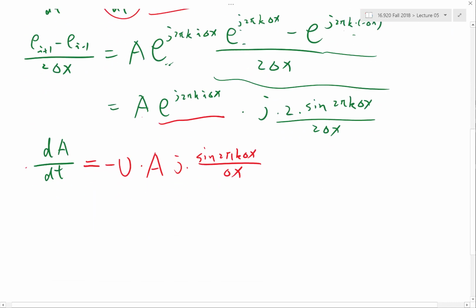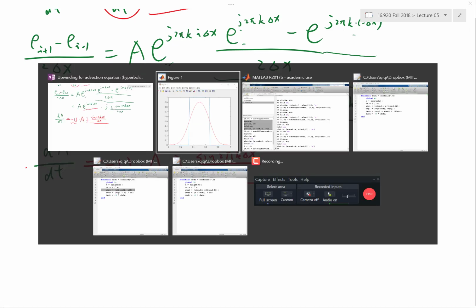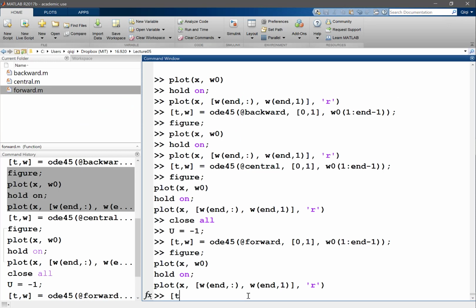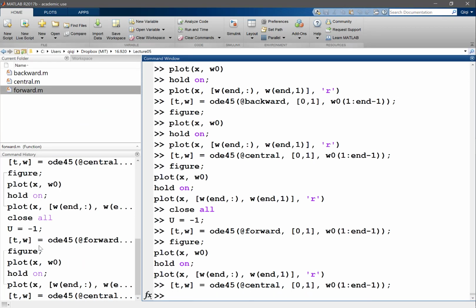So again, I have a purely imaginary lambda, right? So this times this is the lambda in dA/dt = lambda A. Purely imaginary. I have no decay, no growth. Okay. So then what explains the error? Let's restart with the central difference, and what's